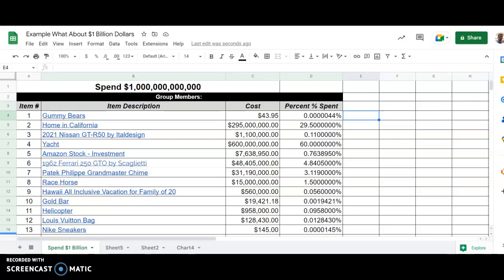Okay, I'm going to do a quick review from yesterday's lesson where we modified our spreadsheet here in Google Sheets for our project Spend $1 Billion. And then I'll lead us into our next lesson here for creating a chart. So first thing, just to recap what we did yesterday, we're going to sort